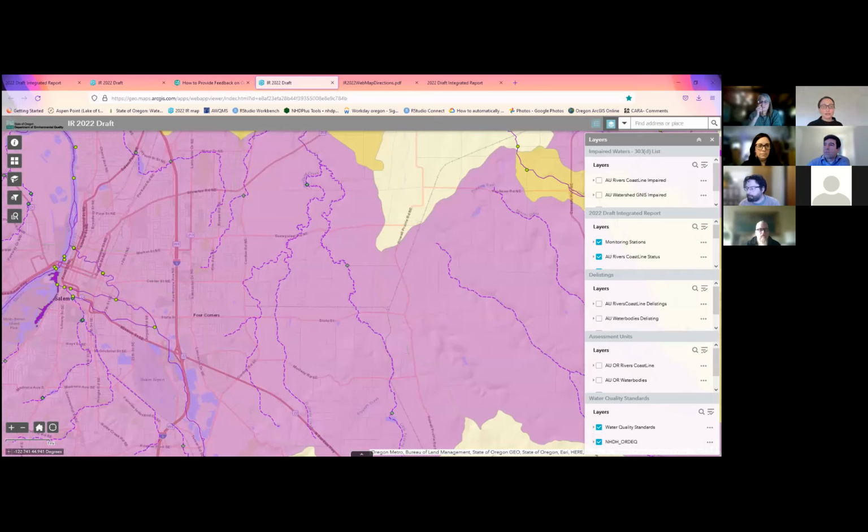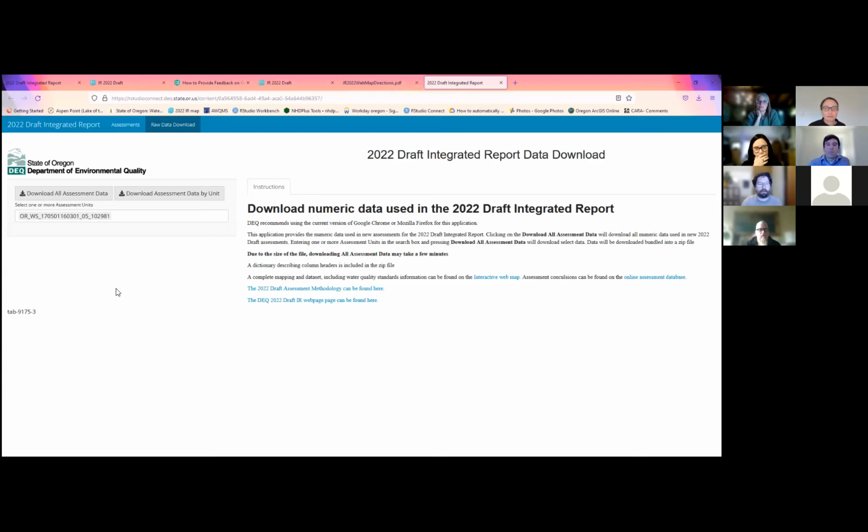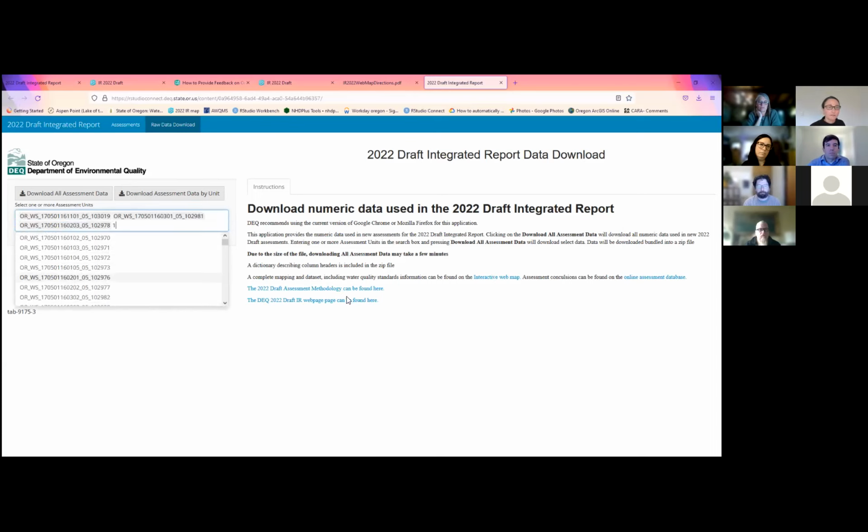We have a couple more questions. Julia Kratz says, do you have to refilter by assessment unit to download the individual data from here? And the answer is yes, you do. This search field right here is independent. These are two independent pages. So if you wanted to download data by unit, you would have to re-enter these and then click this download data by unit, and this will download all the data that was contained in the units in the box.